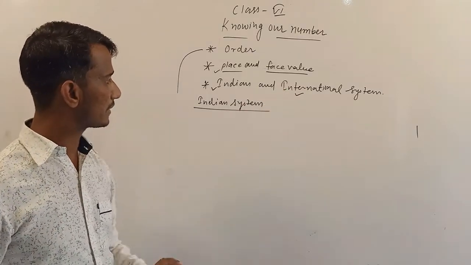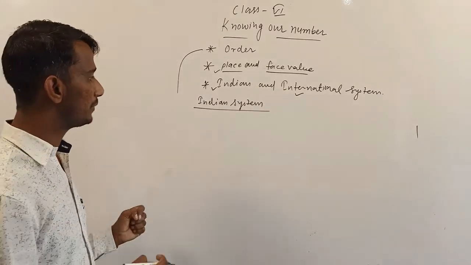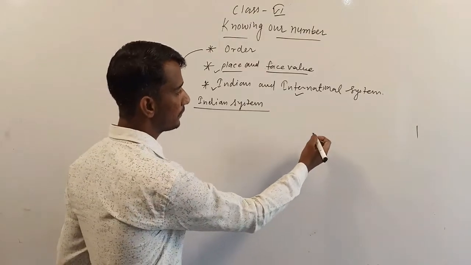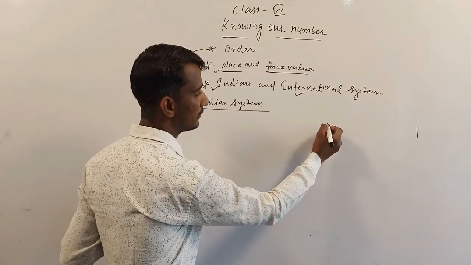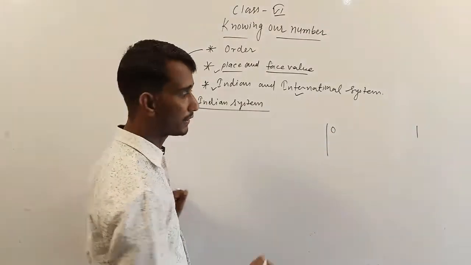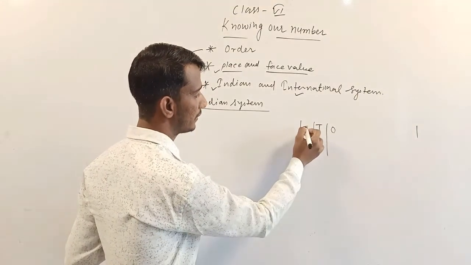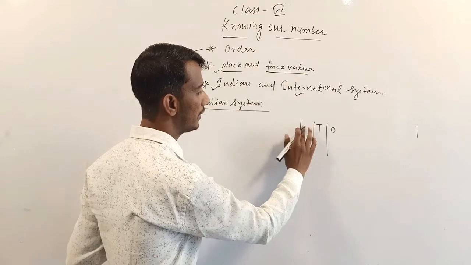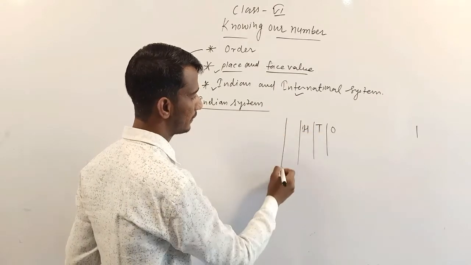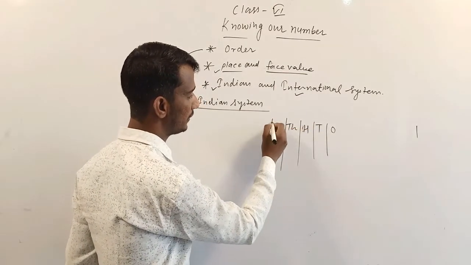Now we will discuss the Indian system. According to the Indian system, we write ones, after that tens, hundred, thousand,